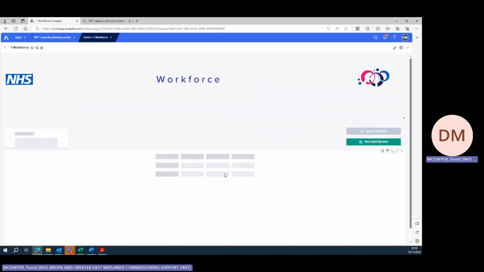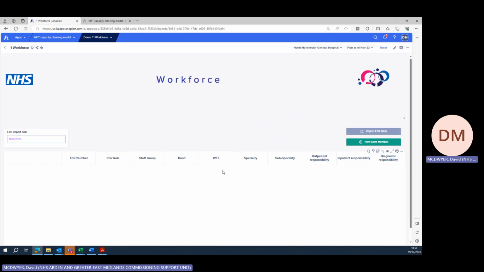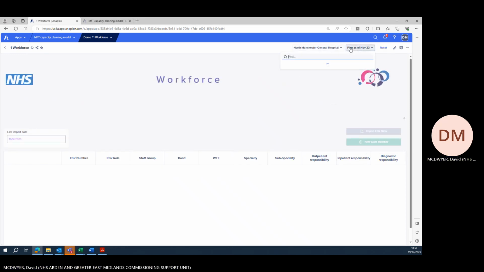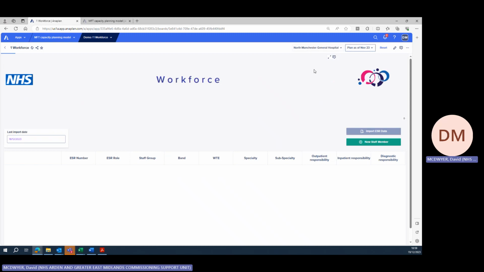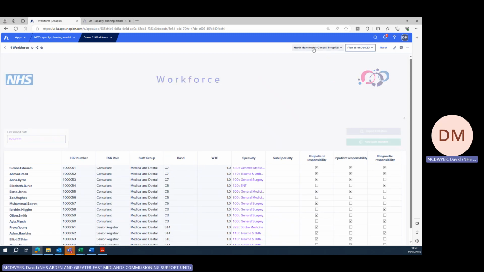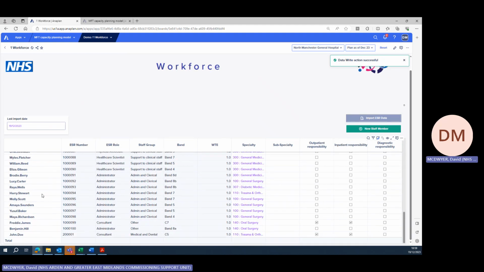So what we'll do is we'll start with some ways in which you might capture workforce information in Anaplan. So let's imagine I'm starting my December planning information and I'll look at North Manchester General Hospital. So currently me as an end user, I can have access to 2 potential sites here. And it might be that you choose to have direct connections to underlying data sets such as ESR, where you could import your foundation data from ESR to bring through default information for your different staff, their ESR numbers,